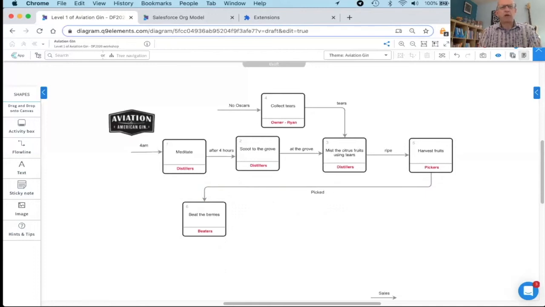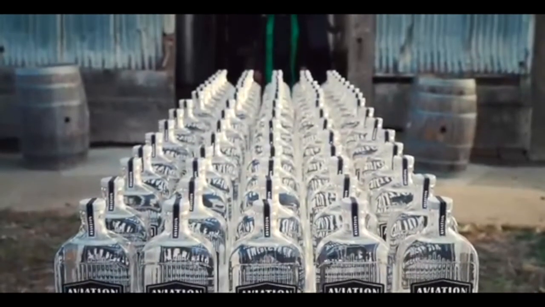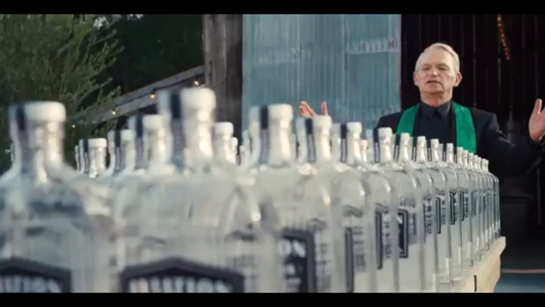So what happens next? To ensure that heavenly taste, every bottle of Aviation is ordained by the Unitarian Church of